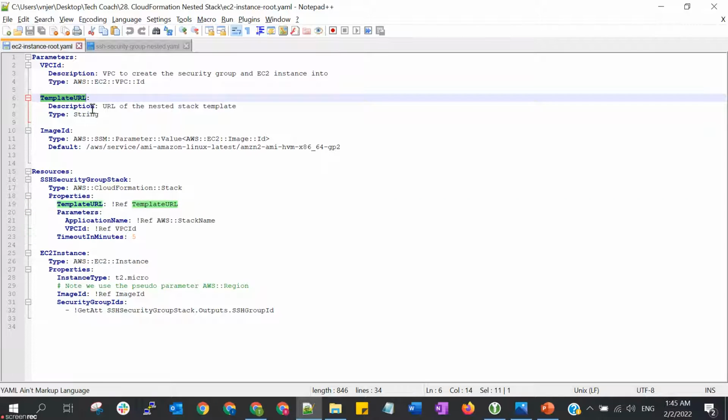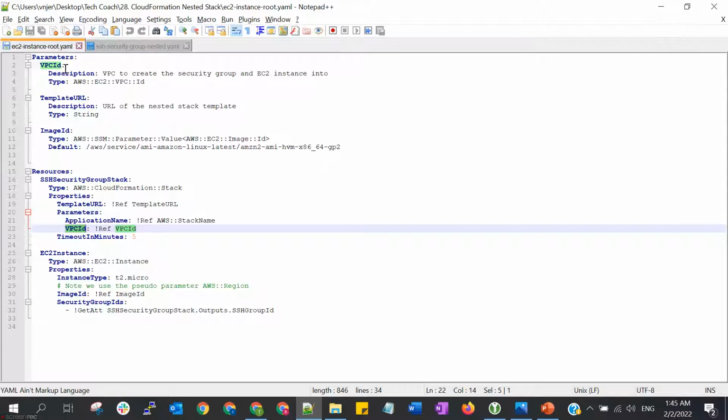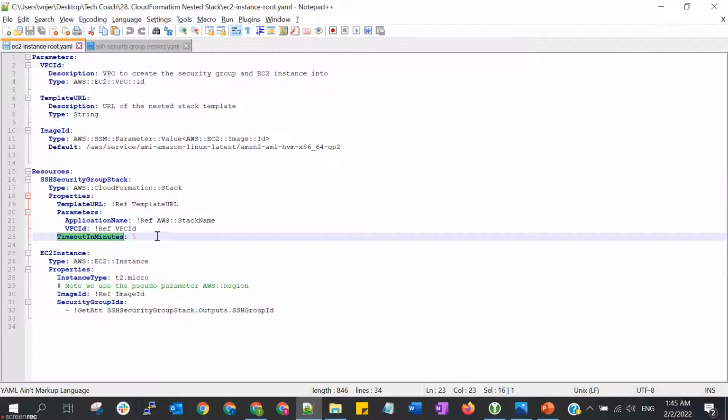We are also passing down the application name from the stack name, and the VPC ID referencing the parameter of the root stack. Timeout is 5 minutes, so that we make sure this child stack is created within 5 minutes.